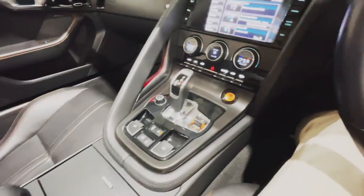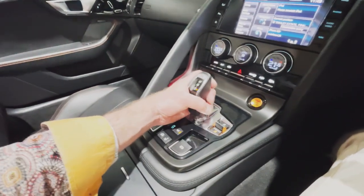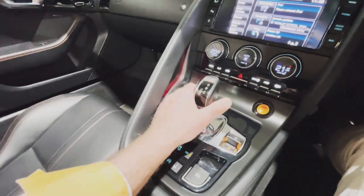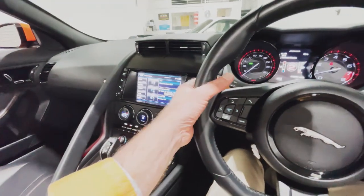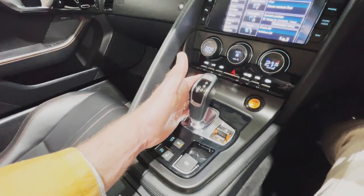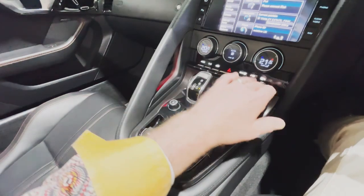Back down to the centre console, and there is the beautiful shift stick with its little button at the front, so we can select drive and go across then into sports gearbox mode. In sport mode we can shift up and down using the shift stick, although I prefer to use the flappy paddles, which enable you to keep your hands on the wheel, of course, while changing gear. And back over here we'll go back into drive gearbox mode